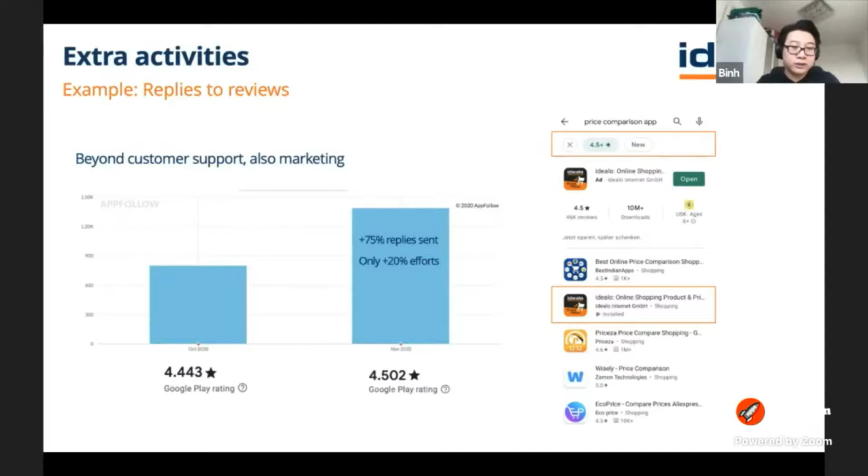And it shows when we compare the Play Store average star rating between October and November, so before and after our efforts here, our extra activity here, we saw that there was an uplift in rating from 4.4 stars to 4.5. Now, it doesn't sound like a lot to many of you, but it gets the job done, because